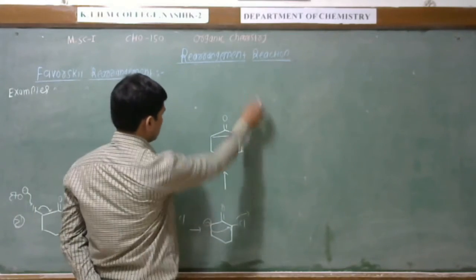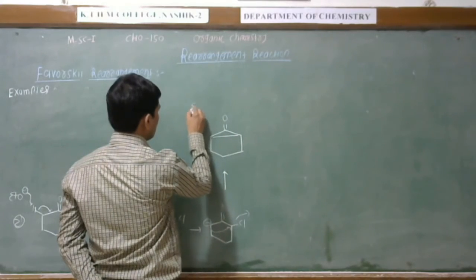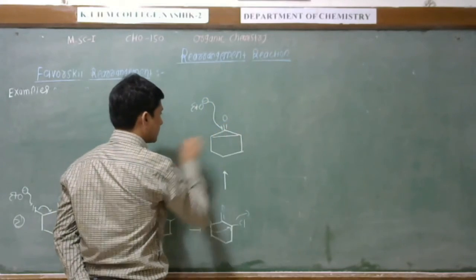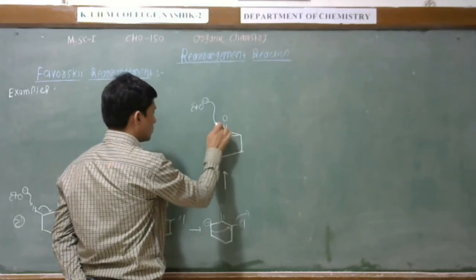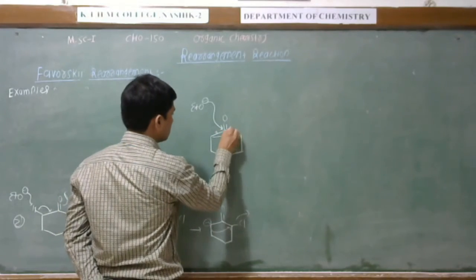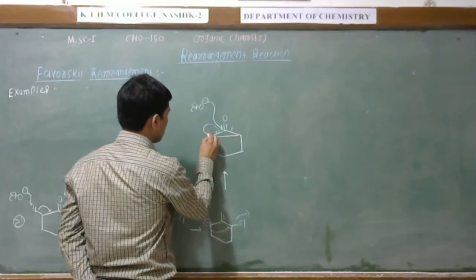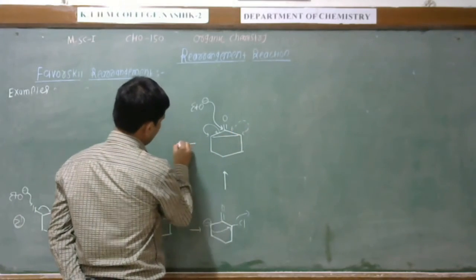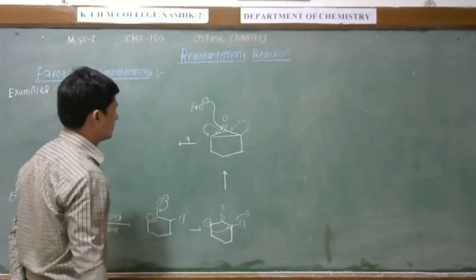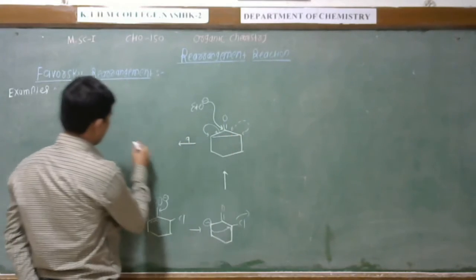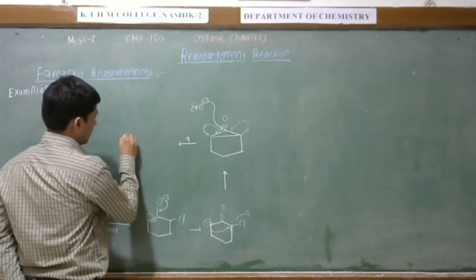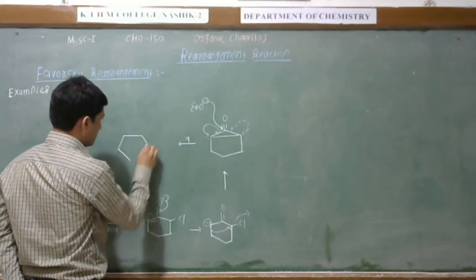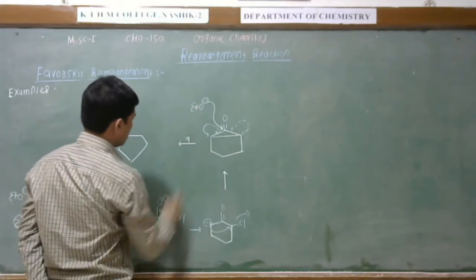Now this cyclopropanone ring will be attacked by ethoxide ion on this carbonyl group. Here are two possibilities. If this is the A bond and this is the B bond, either opening of this A bond or opening of this B bond. After opening of this A bond, we can write, see, this is the 5-member structure. So this 5-member ring will be written in such a way.